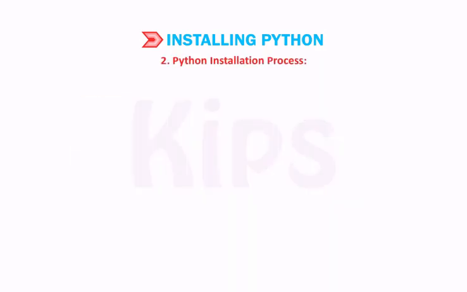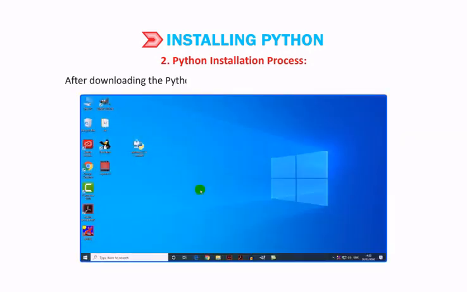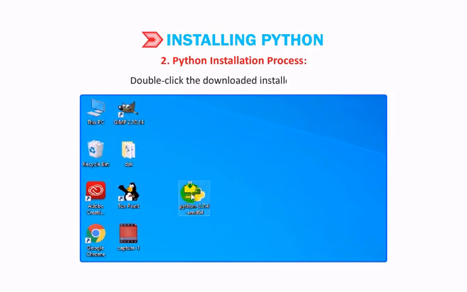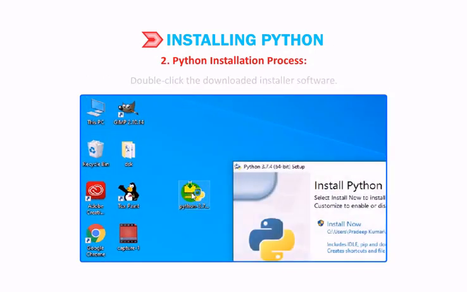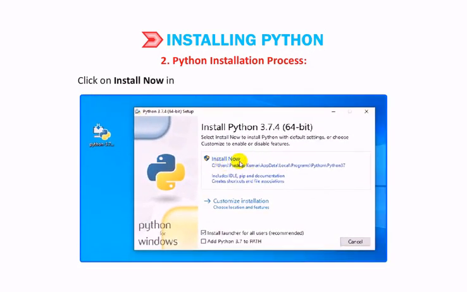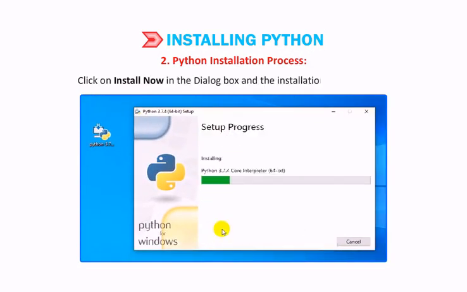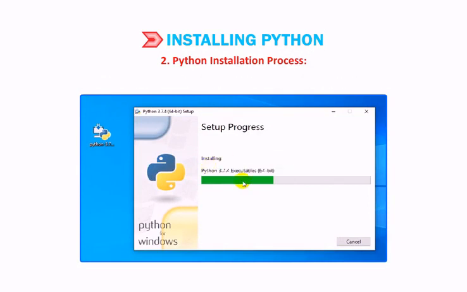Number 2. Python installation process. After downloading the Python distribution, all you need to do is to execute it. Double-click the downloaded installer software. Click on Install Now in the dialog box and the installation process starts. And keep following the instructions.